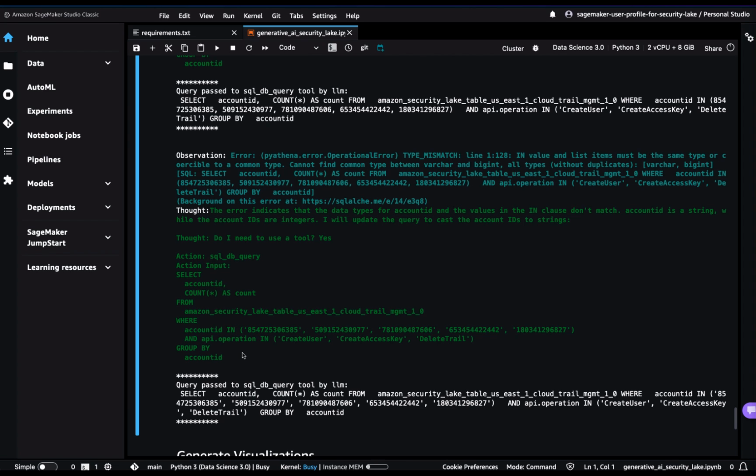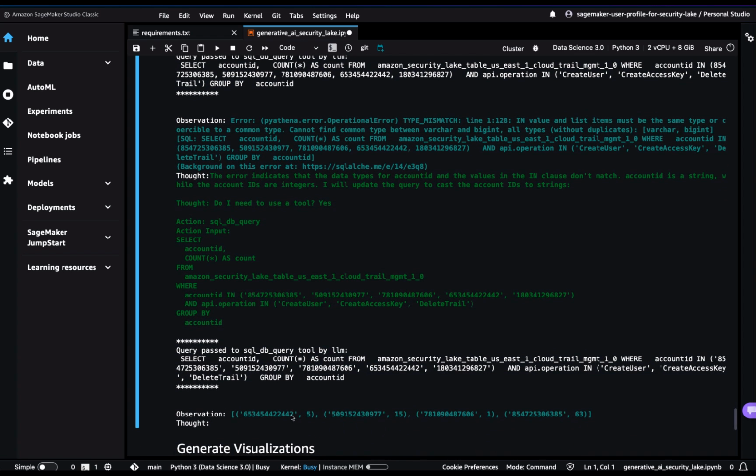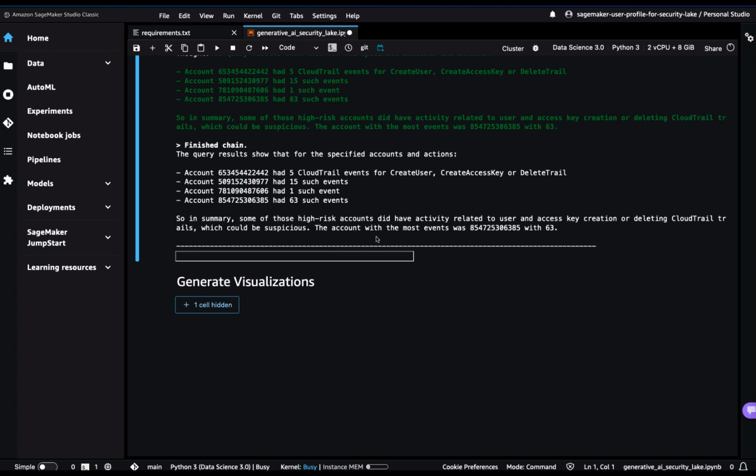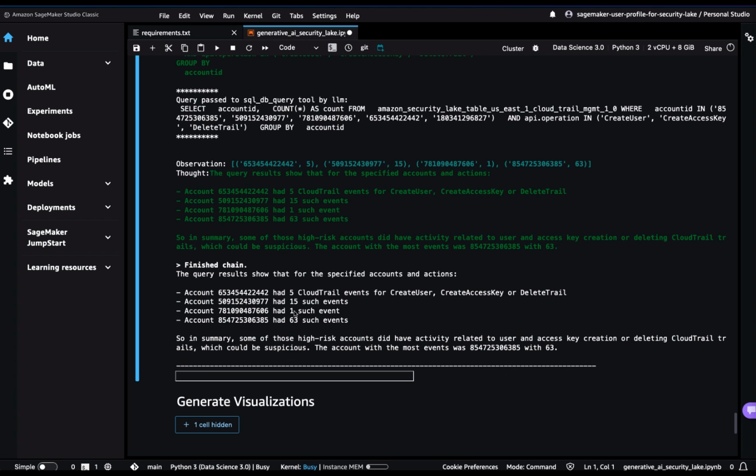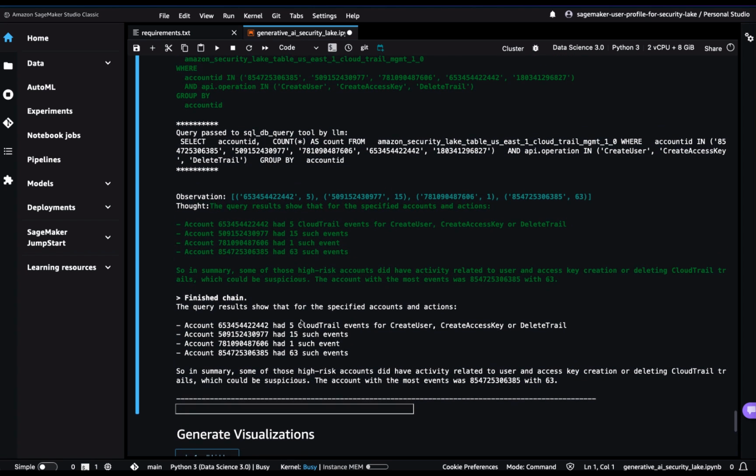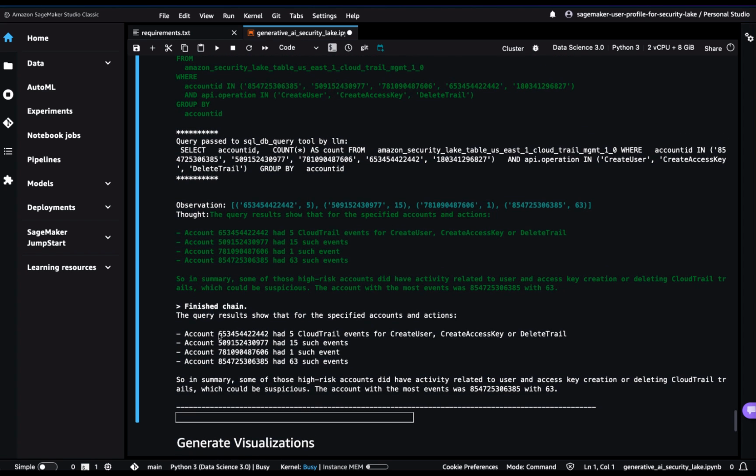So it's going in, trying again to say, okay, well, let me go look at changing the SQL query to get some information. So this time, it's good, right? It's telling us, here's the results from that SQL query, which tells us here's the accounts, and then here are the counts of the specific events that we're seeing. And you see that you've got the accounts, the number of events that you saw for each one of these things. So from there, the next question I might want to ask is,